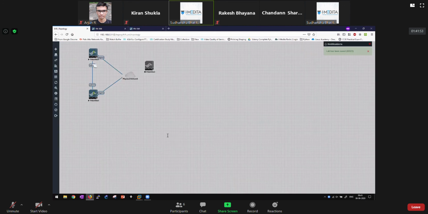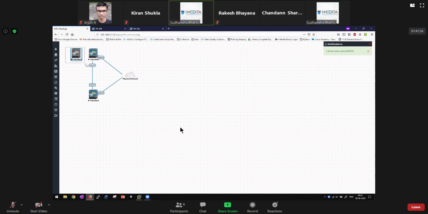The only thing that you should take care of is to make sure that this is factory default, because Palo Alto 1 and 2 are already synchronized with each other, right? So if you just remove this and plug it in, it will synchronize after you configure HA. But if it has some configuration, then there might be conflicts, and this Palo Alto 3 might update Palo Alto 2, which is very bad. So whatever new firewall you're bringing in, bring it as a factory default, and use your active firewall to synchronize the configuration to the pair.